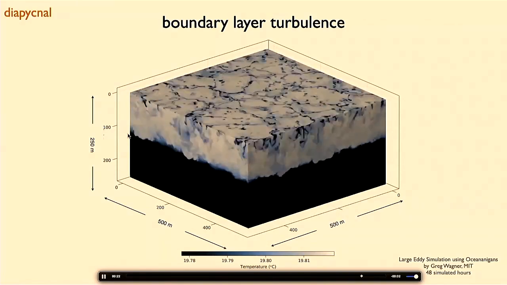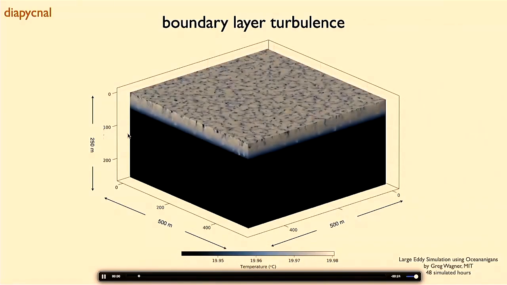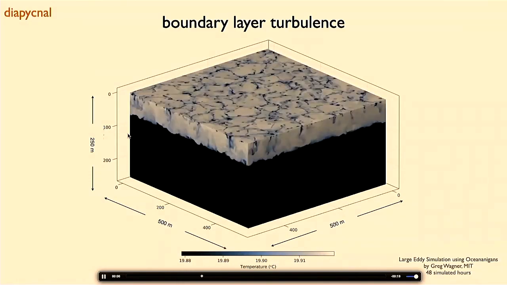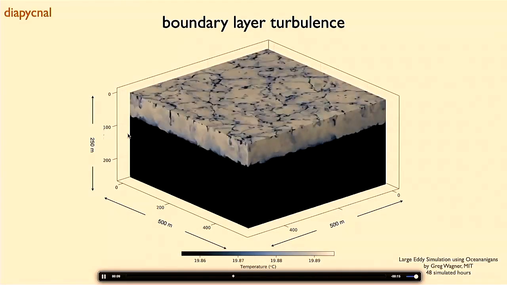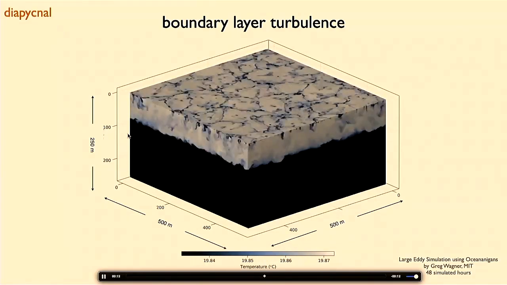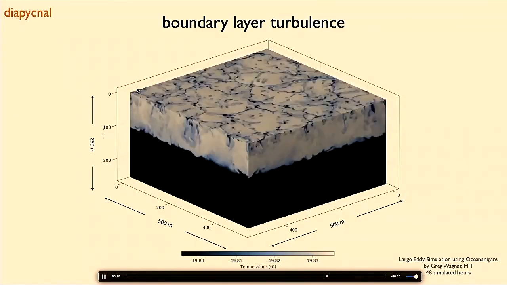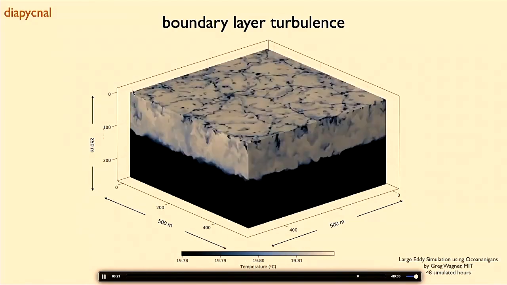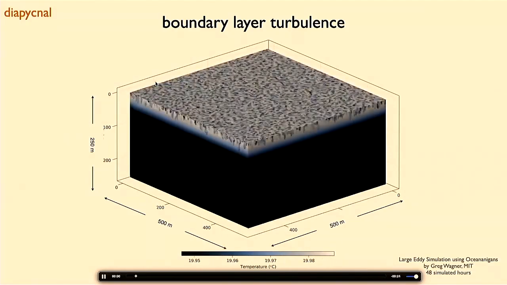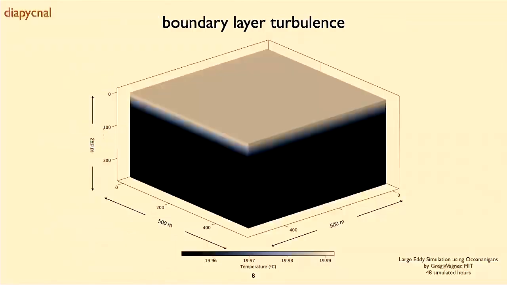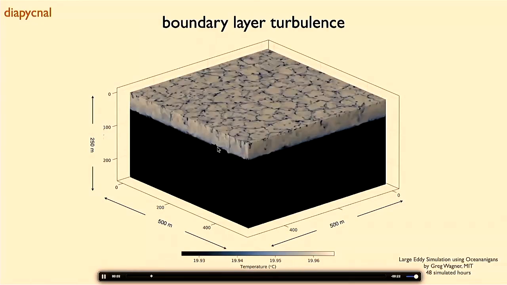So this top layer is very mixed because the turbulence is very vigorous there. So whatever the temperature is at the top, it's the same as the bottom, and that's what we call the mixed layer of the ocean or the boundary layer of the ocean. All this is very, very fine detail for climate models to capture. In the best scenario possible, this wouldn't even be a grid cell in the big simulation that I was showing you before. Every grid cell there is 2 kilometers, while here this box alone is 250 meters, and then you see all this detail that it includes.